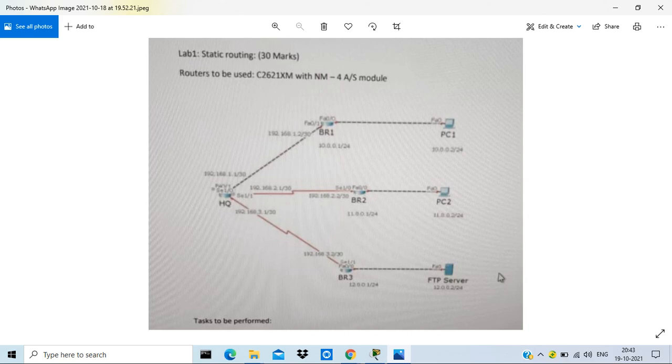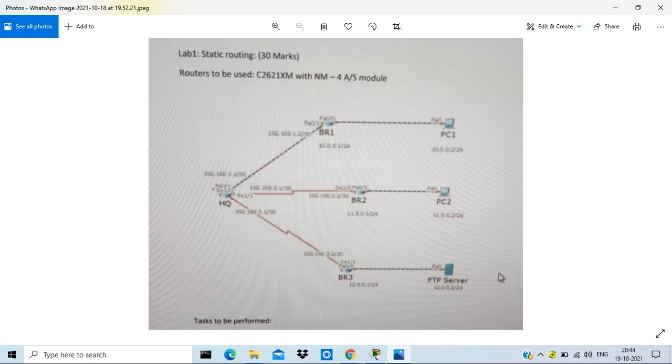So here, this is the topology that you have sent me in lab one. The branch one is connected with an Ethernet link, and we can see that in branch one, the FA0/1 port is configured as the WAN port of the branch one router.